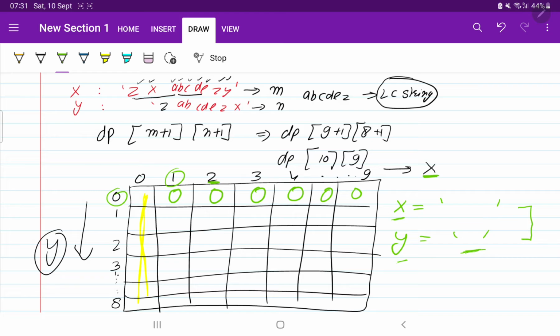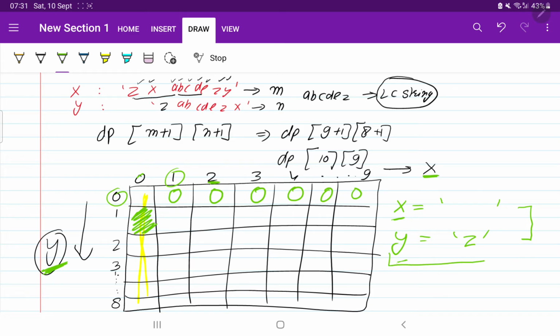Now let us start with the first row. For this we are going to start with this element 1. What this 1 tells us is that Y has a length of 1. It means our first element Z is present in the Y string, but for the X string the elements are 0, so 0 means there is no element.